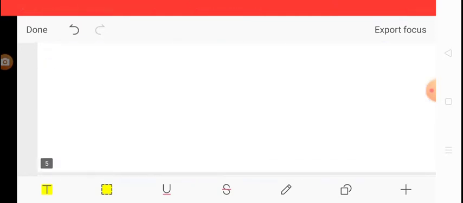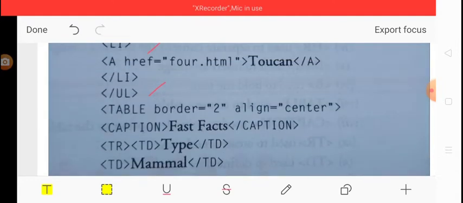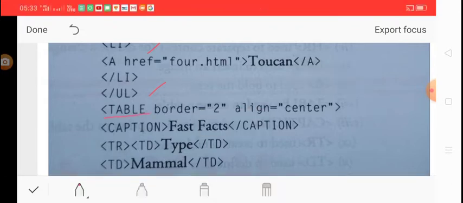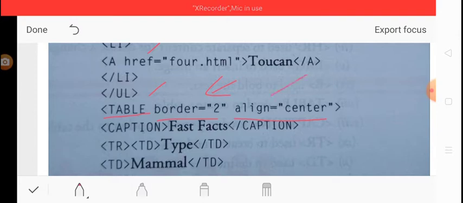Okay, first of all, as you know, to implement the table, the table tag is used. So we use the table tag here, and we take border 2 and align equal to center. So center align is there, and that is given in the question also, and it is clearly visible when we see the web page that the table is center aligned and the border of the table is 2, so we take border equal to 2.